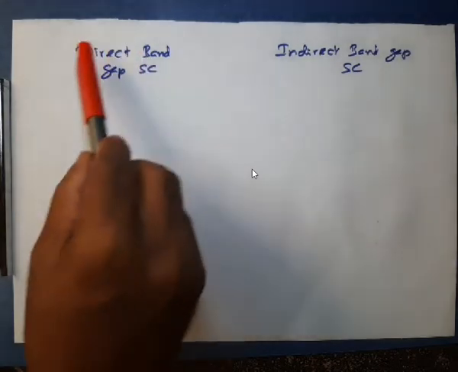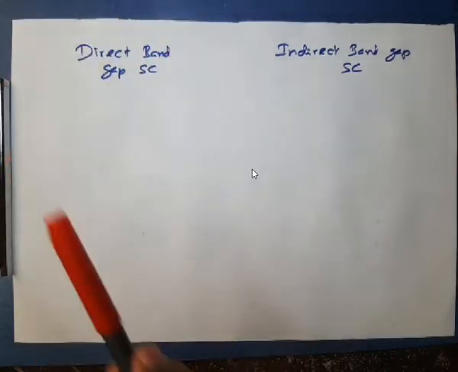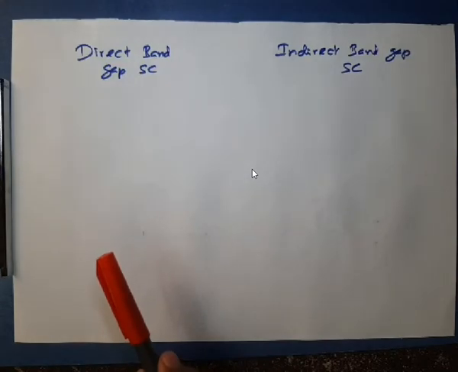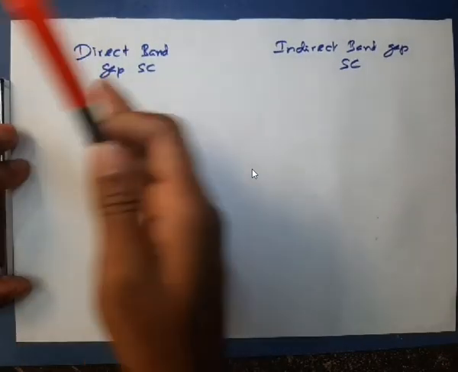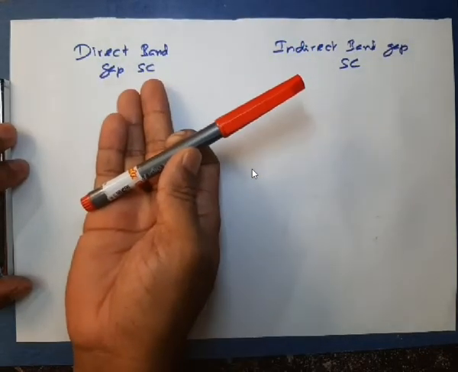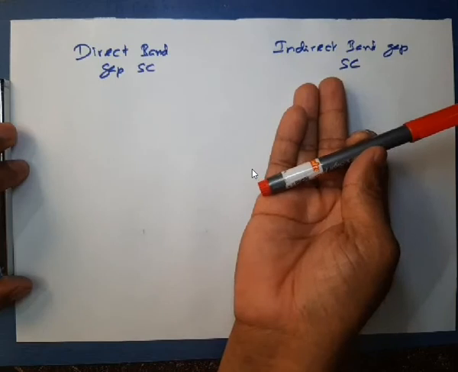Direct band gap semiconductors are very useful in optoelectronic studies, because when electrons move from the conduction band to the valence band, the energy is released predominantly as photons, whereas in indirect band gap semiconductors, when